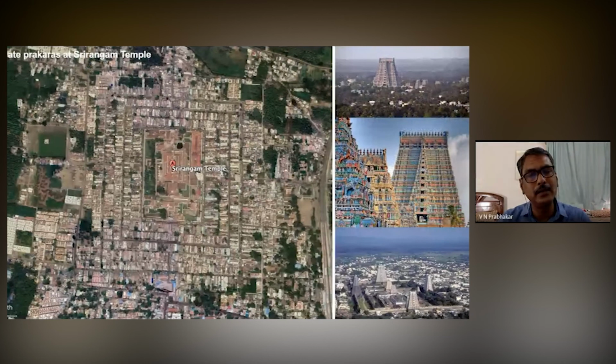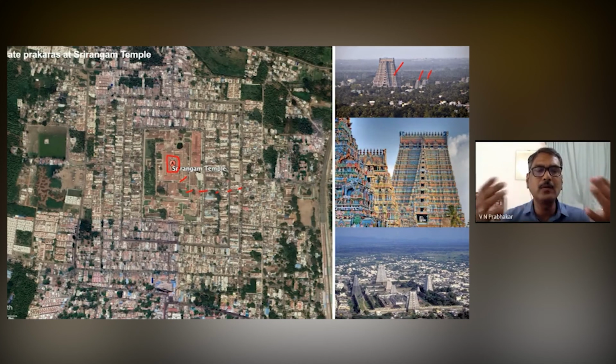The Srirangam temple, the Ranganatha temple, is the largest temple complex in India, which has 7 prakaras. You can see from the Google Earth image how the central shrine, which is the earliest temple, and they were adding prakaras one after another, housing the important people and the priest community also within these prakaras. And the prakaras are defined by these rising gopuras at regular intervals, which creates an imposing feature and also indicates the presence of a temple from a long distance.